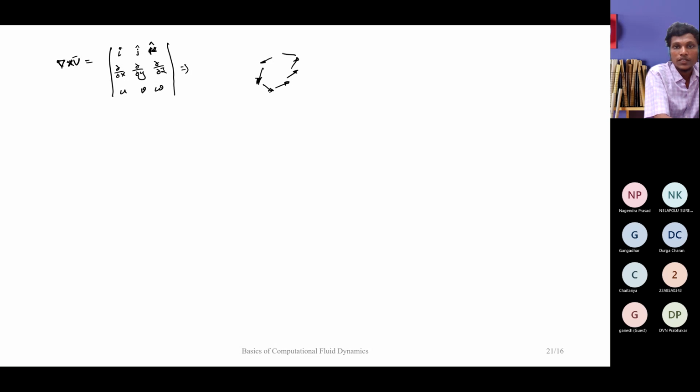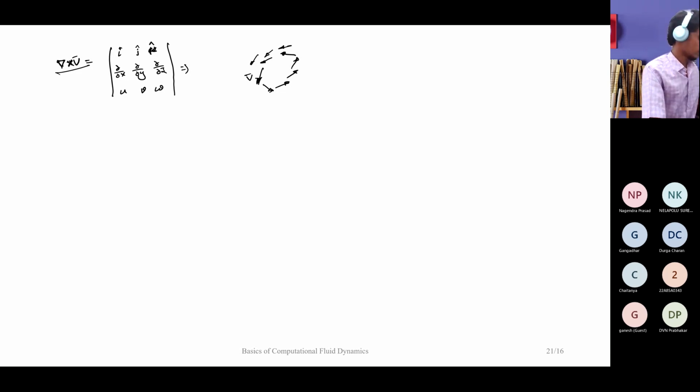Rotation means spirals, hurricanes, those kinds of spiral rotation. If you have this kind of rotational flow in the flow field, the strength of the rotation is given by the curl of the velocity vector. If you find the curl at that point, that gives you the rotation strength. So these are the uses of curl,